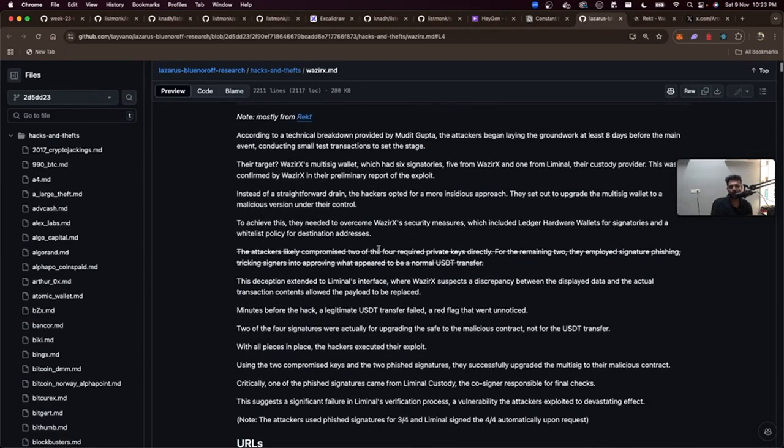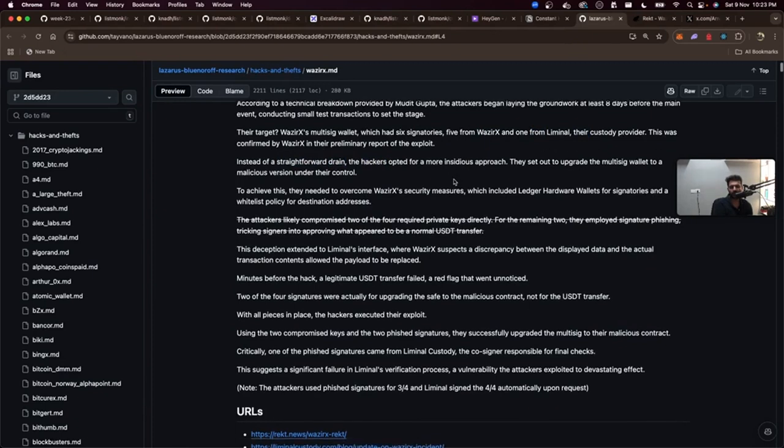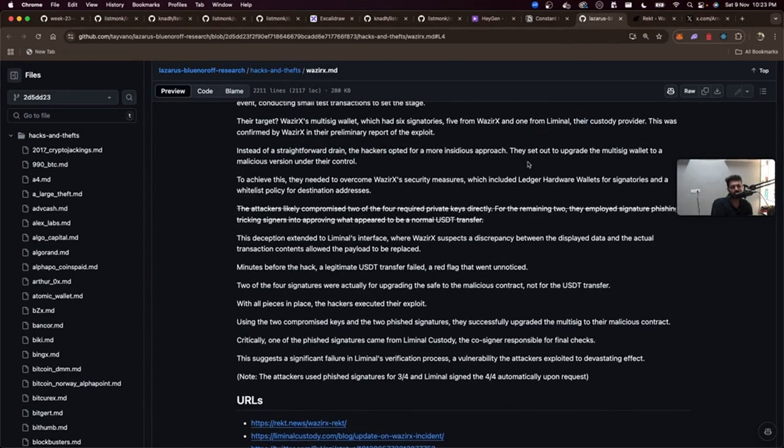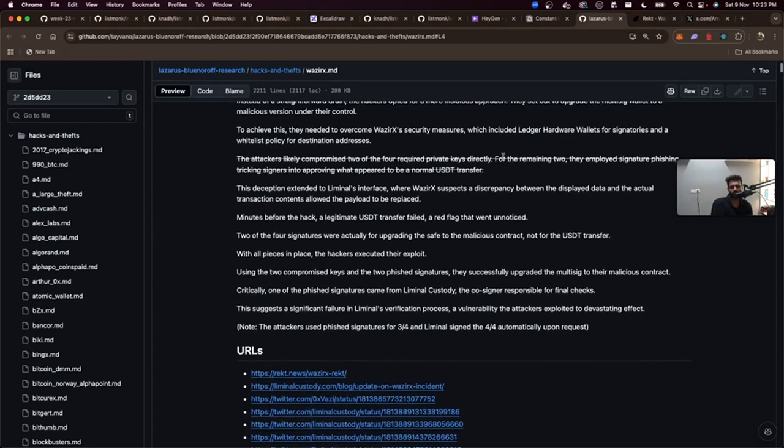For a technical breakdown, attackers targeted the multi-sig, which had 6 signatures, 5 from WazirX and 1 from Liminal. This was confirmed by WazirX as well. Instead of a straightforward drain, the hacker opted for a more insidious approach. They set out to upgrade the multi-sig wallet to a malicious version under their control. To achieve this, they needed to overcome WazirX security measures, which included